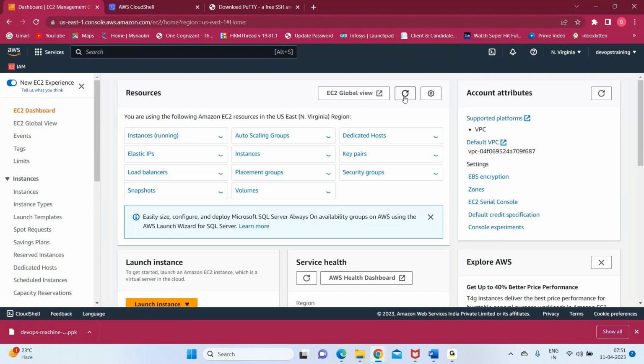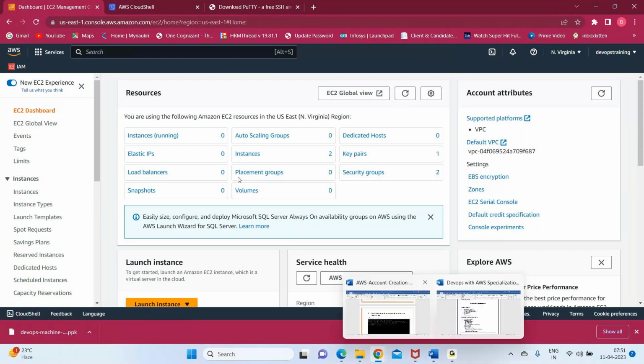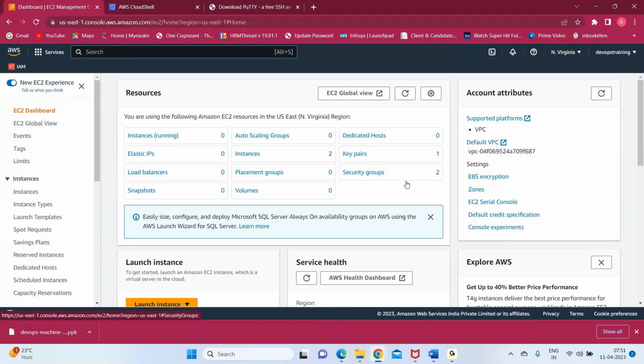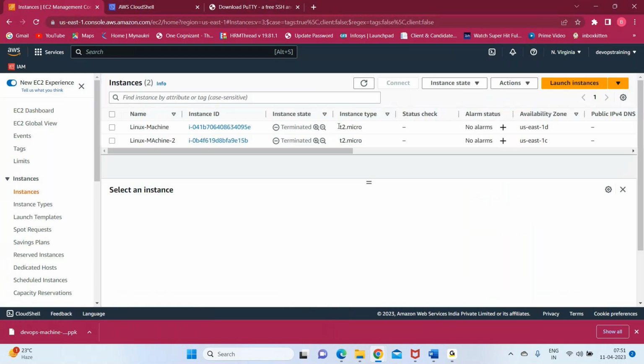Fine. Once this is done, make sure everything is zero except your security group, which is one. Rest everything should be zero. It will not disappear right now. It will take some time. Once terminated, these entries will go away in some time. Fine. So now